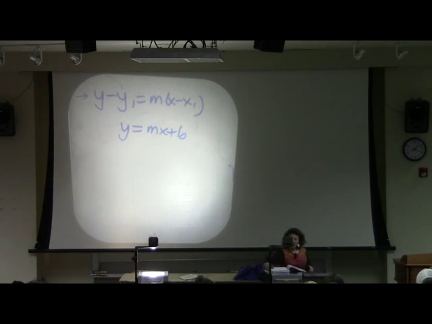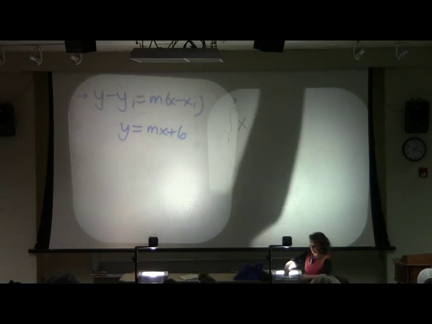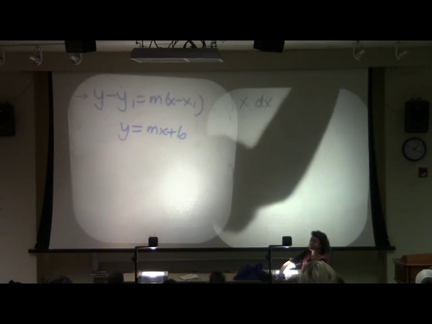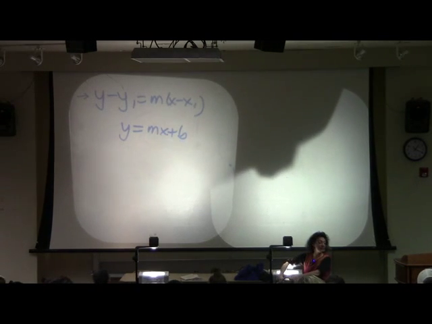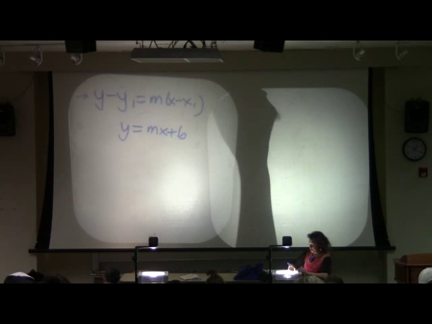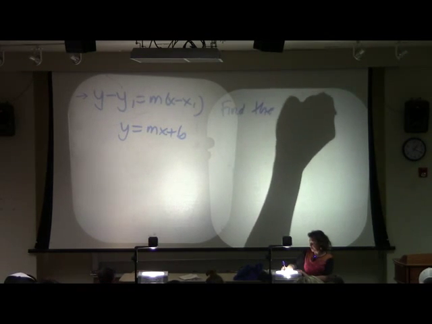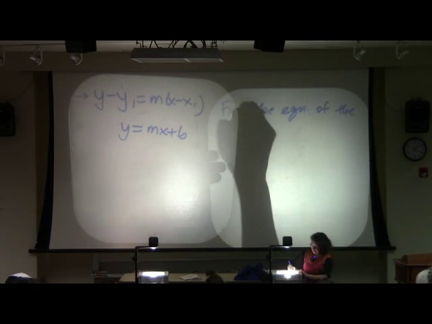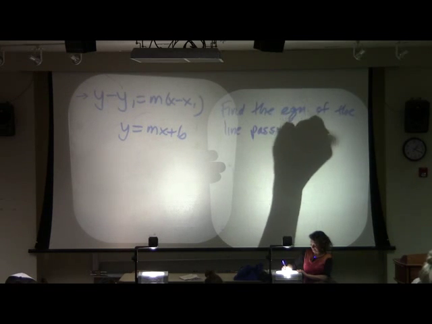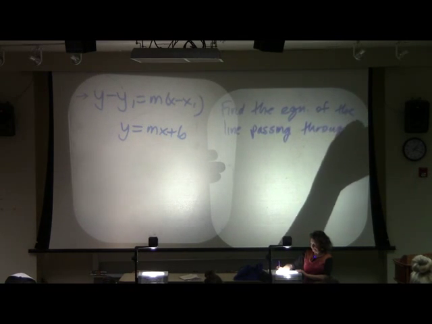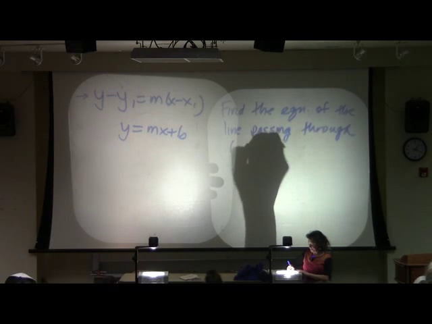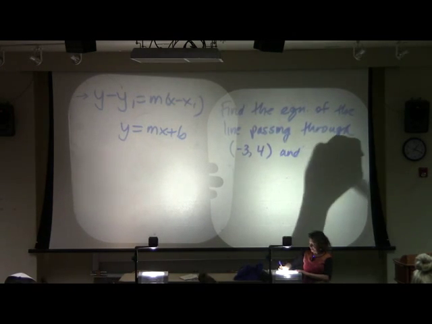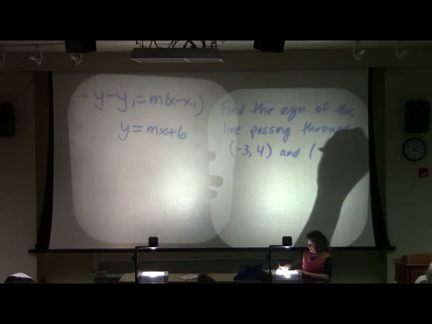So, what I would like to do is practice finding an equation of a line or two before we continue finding equations of more lines, but of different types of scenarios. So, what if I want us to find the equation, remember EQN is equation, of the line passing through, who cares, negative 3, 4, and 5, negative 2.